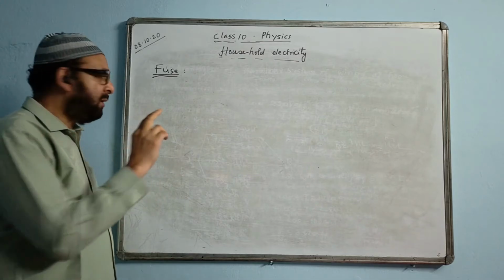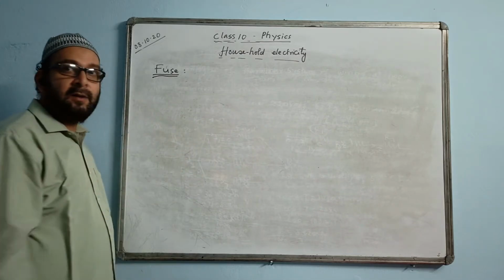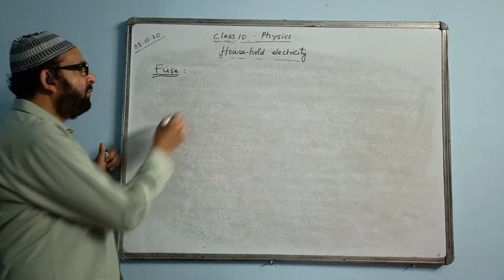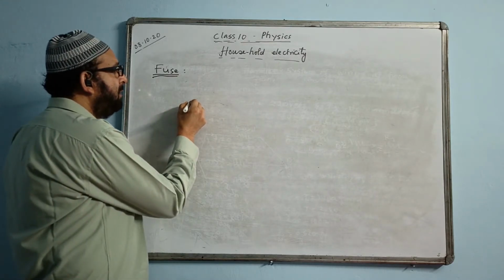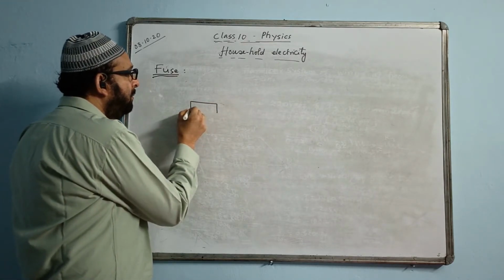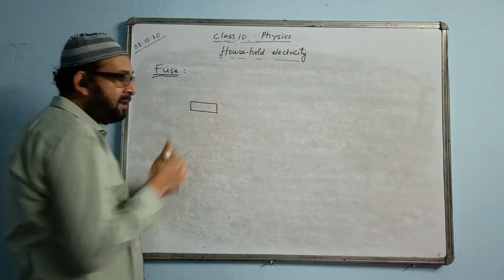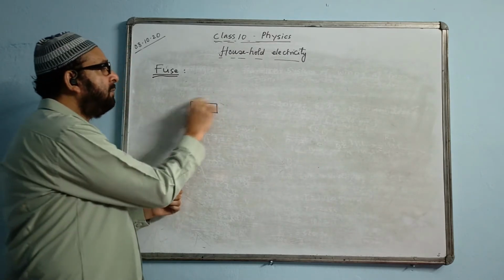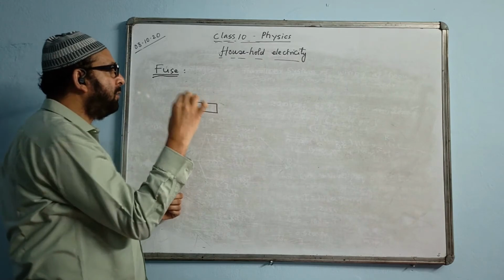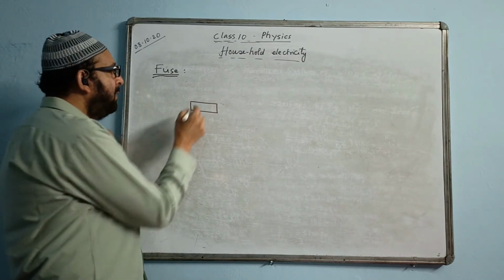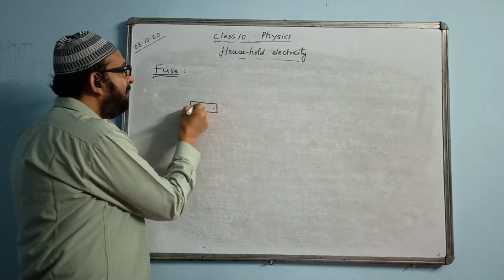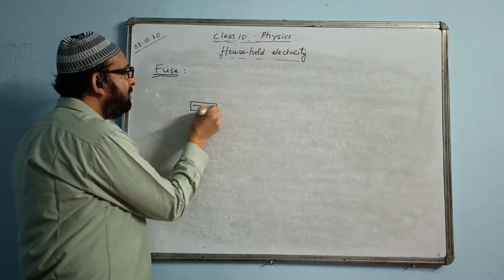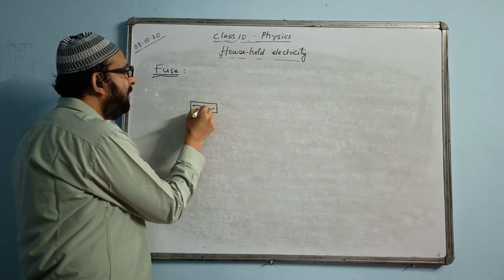Okay. So now I think you all must have seen a fuse. We use a fuse in an electric circuit. We use a fuse wire there. Actually, what is a fuse? A fuse is a thin wire like this. It is within a case made of porcelain, and you can take it out and put it inside. And inside there will be a thin wire used like this. This is called a fuse. This is denoted by F.